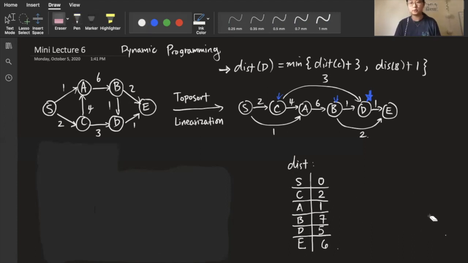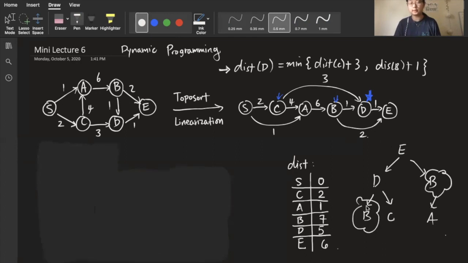And I'll try to draw this out. If we had chosen to do recursion, then if I wanted to get to E, I better calculate the distance to D and the distance to B. To get the distance to D, I better get the distance to B and the distance to C. And for B, I get to A. You can see that there's already repetition. Without storing things in this sort of data structure, we have to calculate the distance to B multiple times. And as we recurse more and more, there are more and more unnecessary repetitions. So by